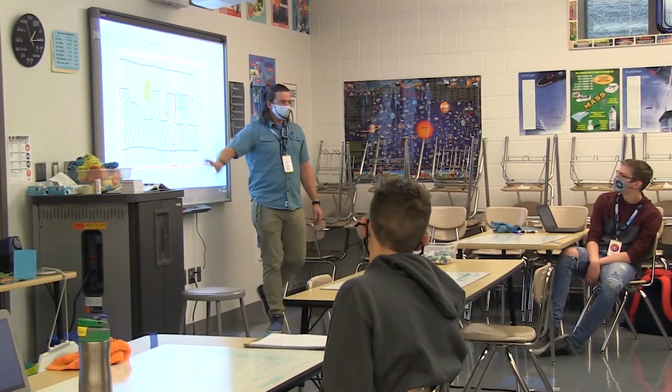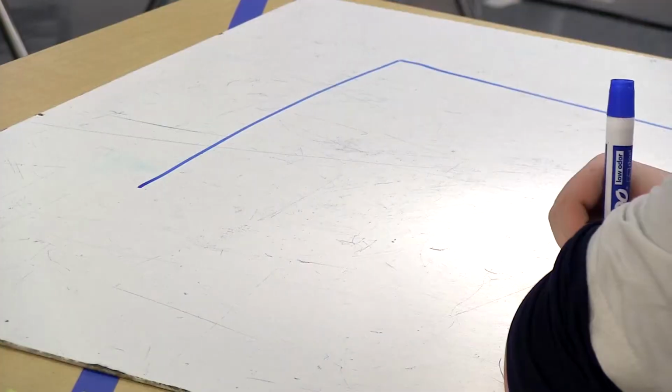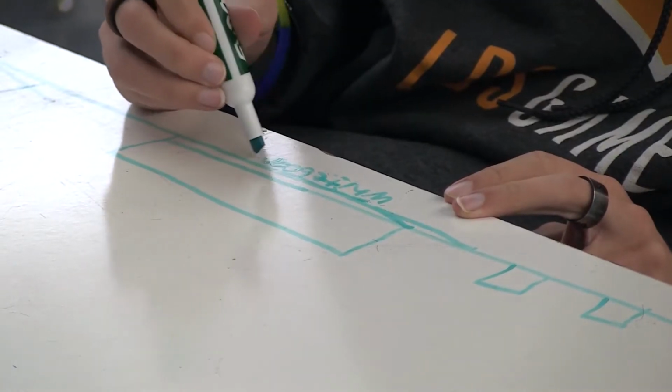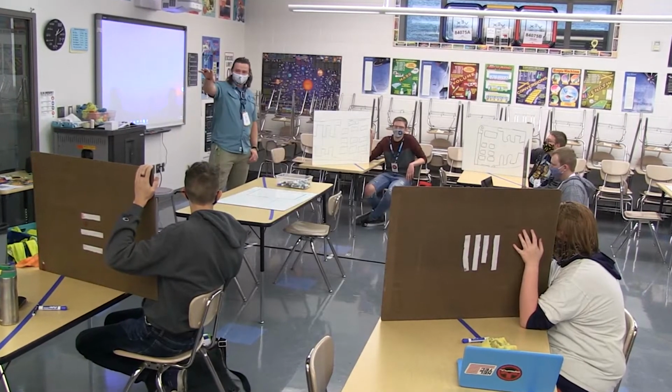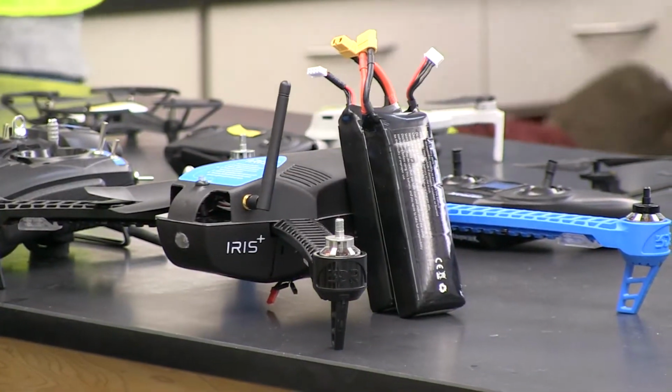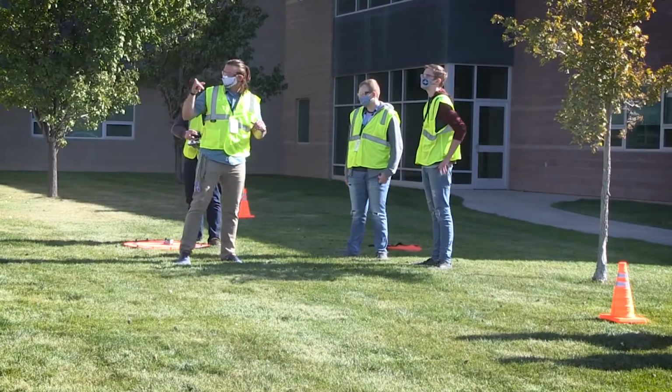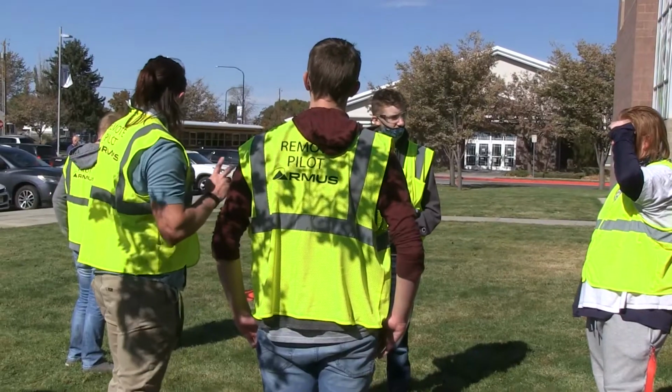some of the maps and charts that they're going to have to be able to read to be able to fly missions and make flight plans. And so map reading is a big part of the FAA test that they have the opportunity to take after taking this class. When we go out and we set up our flight zone, we check to make sure that